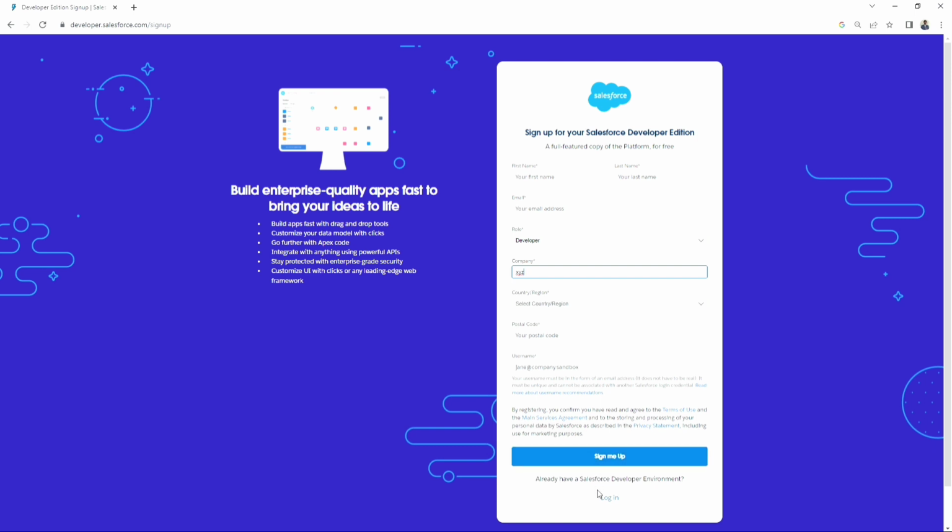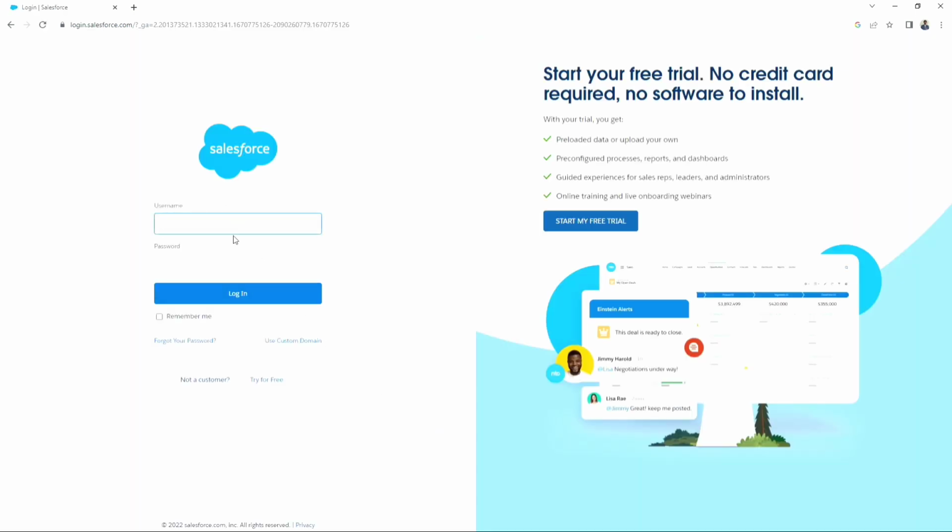Then go to Gmail for verification purpose. Verify it and enter new password. After that, come back to org and click on the login. After that, put username and password and login. Here you sign up org